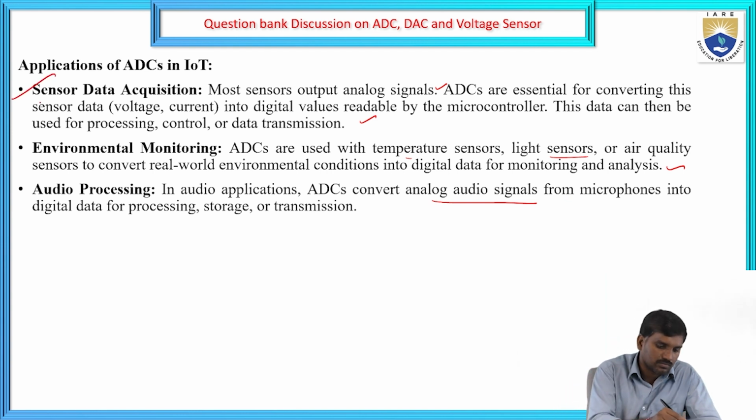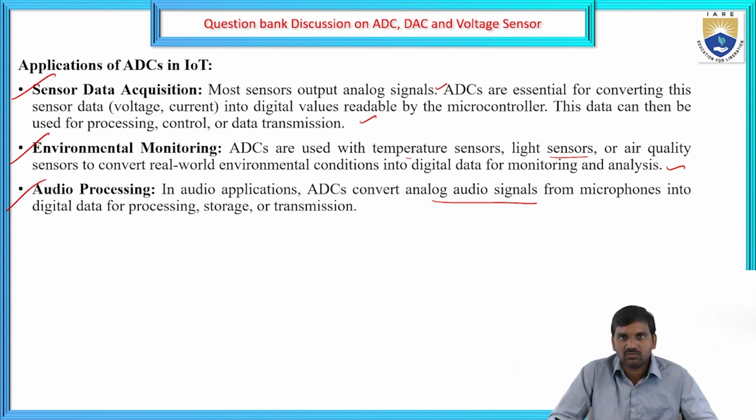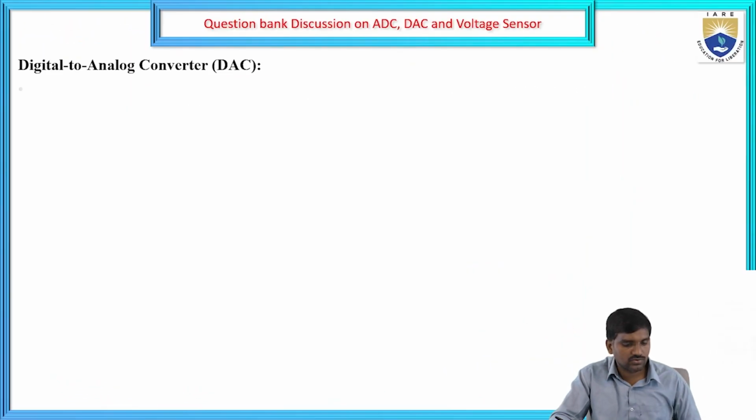So these are some applications of analog to digital converter: sensor data acquisition, environmental monitoring, and audio processing of the signal. Next, we move on to the